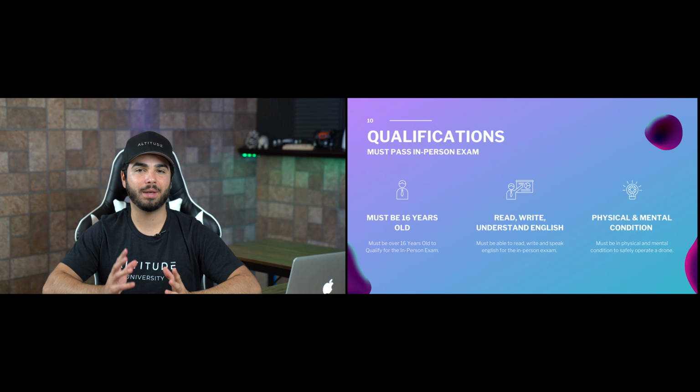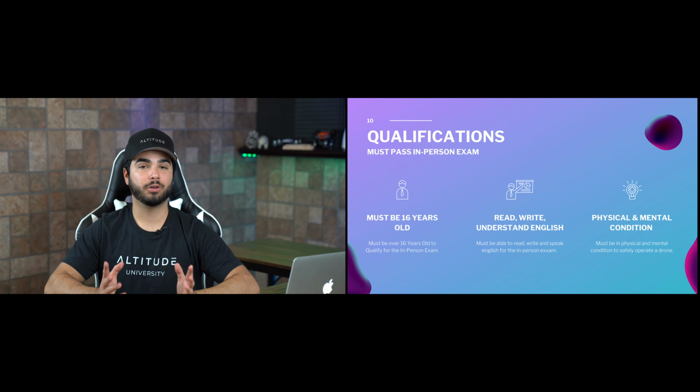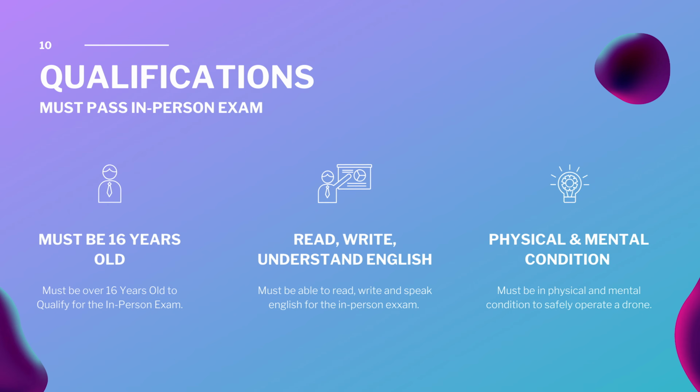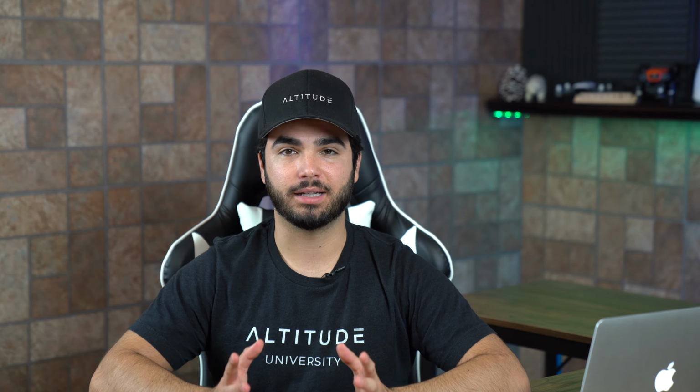To qualify to become a Part 107 pilot, you must first be at least 16 years old. You must be able to read, speak, write, and understand English, and you must be in physical and mental condition to safely operate a small drone. Most importantly, you must pass the initial in-person written exam at an FAA-approved testing center. If you're wondering, there is no flight proficiency exam, just a written exam. There are over 800 testing centers in the United States, so after you prepare to take the exam, you'll schedule it at a testing center in your area, which is most likely down the street at a local airport or flight school.